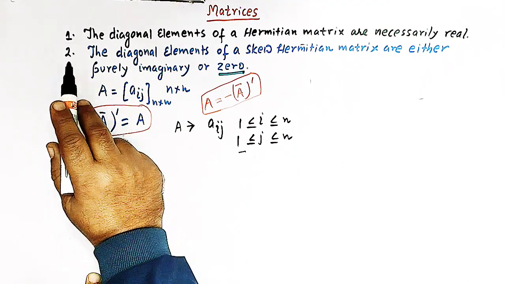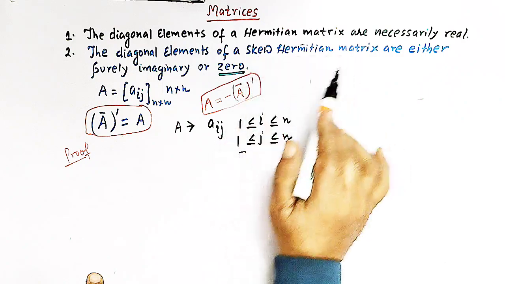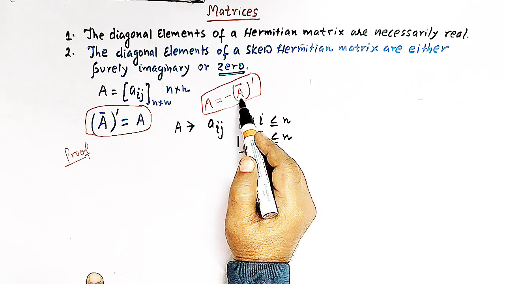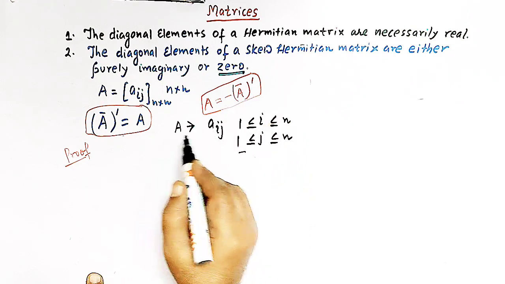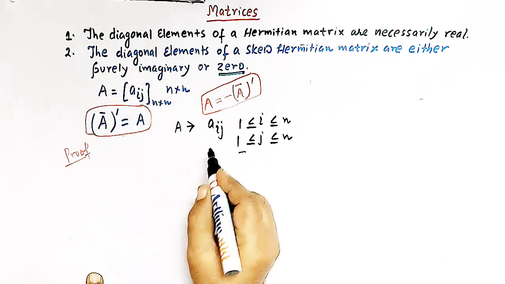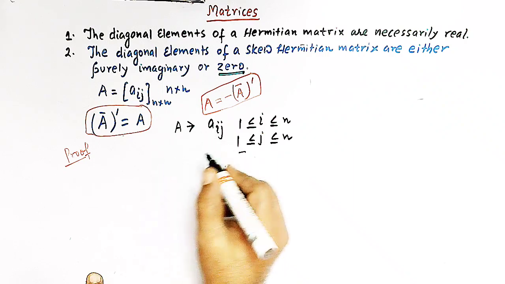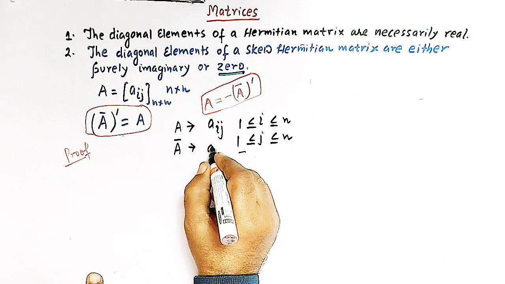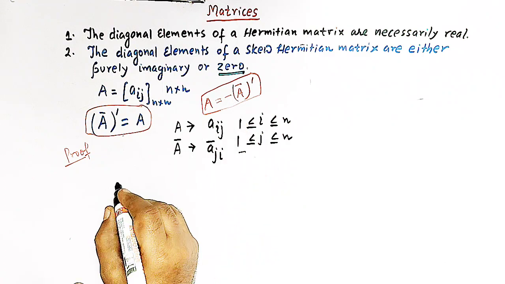So now let us consider the second case. Here the definition of a skew Hermitian matrix is given by A is equal to negative of the transpose of the complex conjugate of matrix A. So if we denote this matrix A, which is a square matrix of order n, the elements of matrix A are given by aij, and the elements of A bar are given by a bar ji, then due to this definition we must have